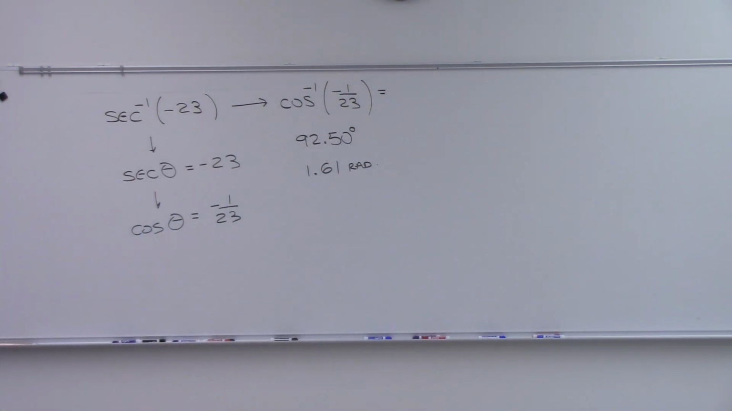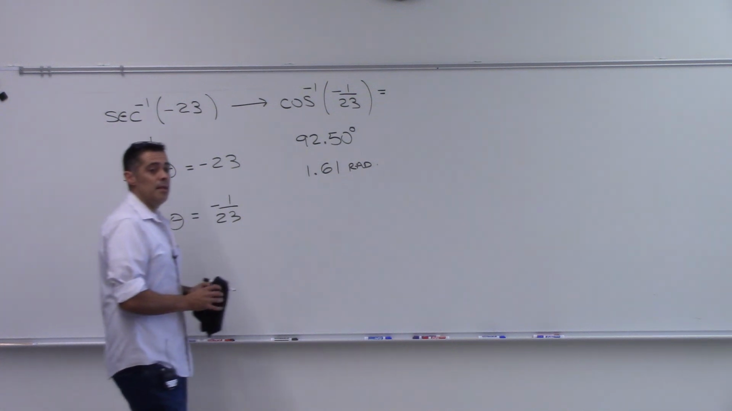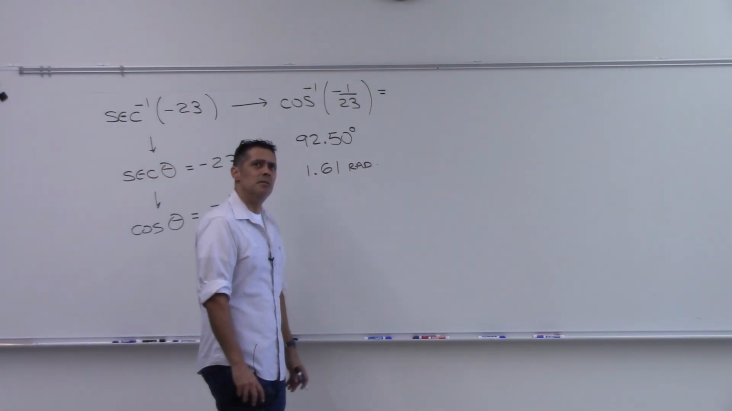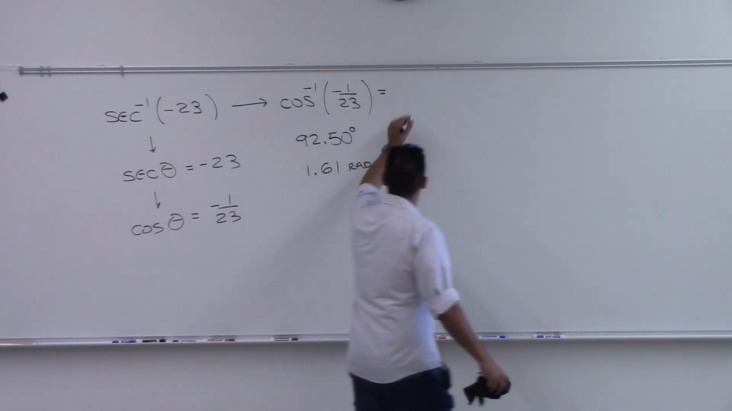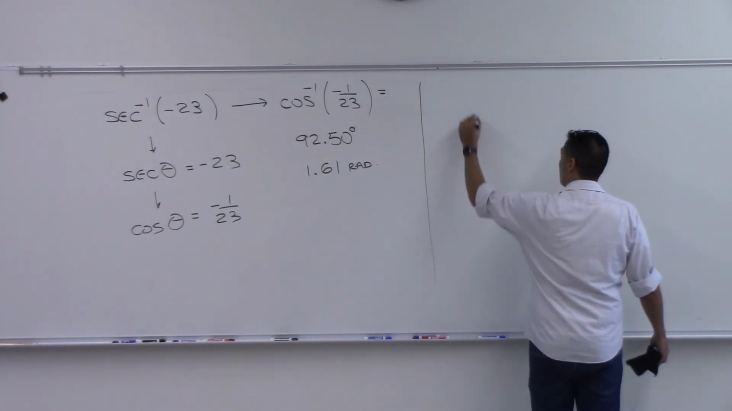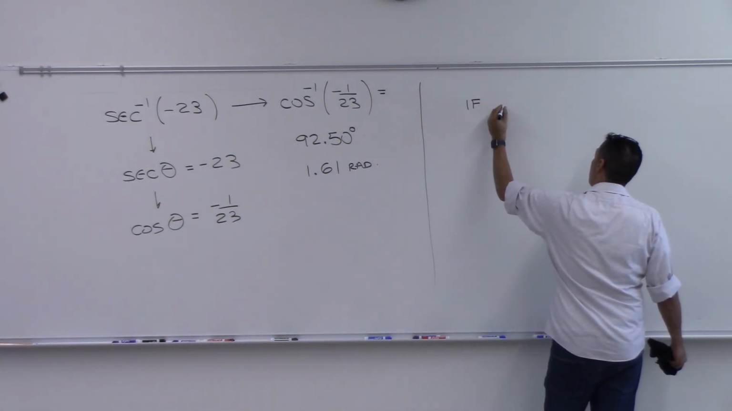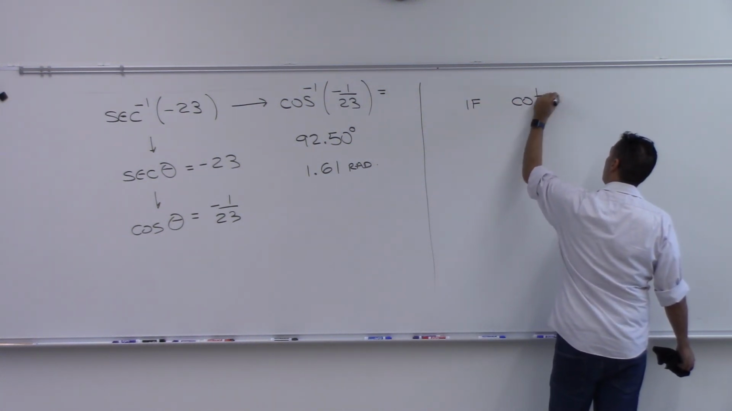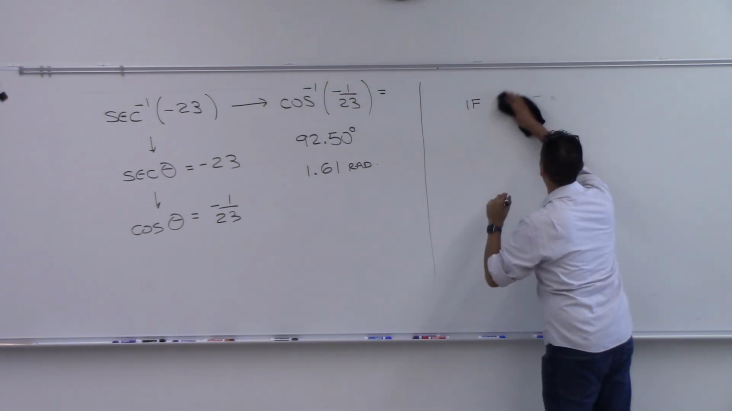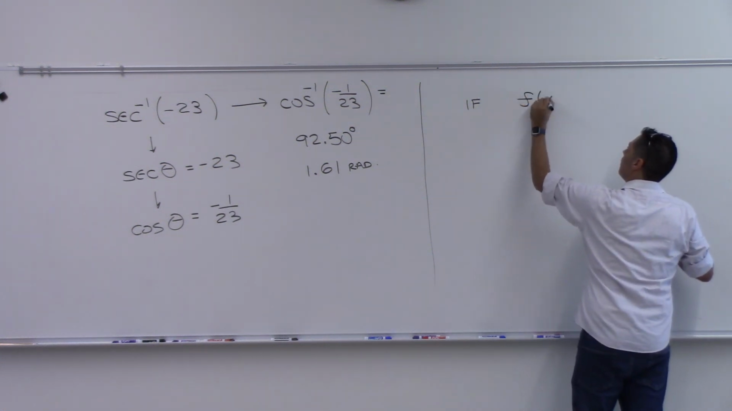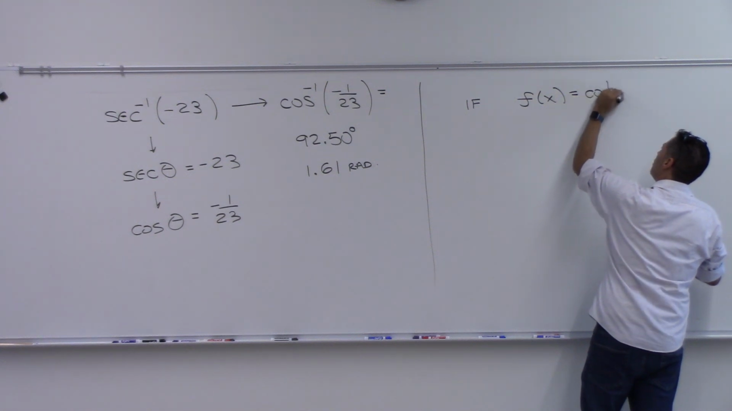Are y'all catching on to this? You understanding? We have one more inverse to go, and then we're going to start doing something kind of really weird. Let's talk about what's left. Cotangent. So if f of x equals cotangent of x,